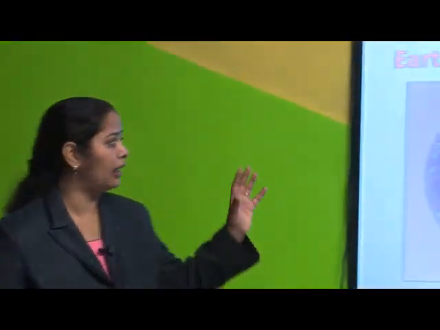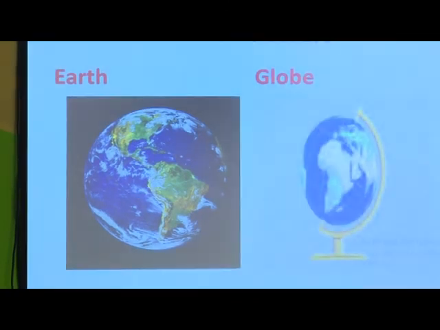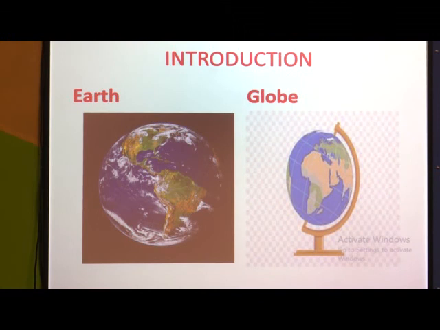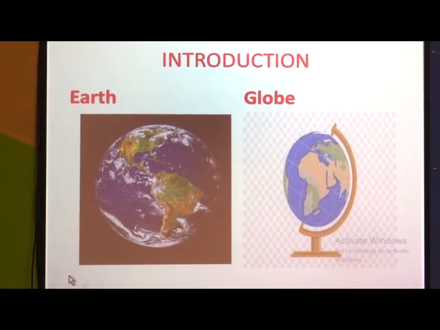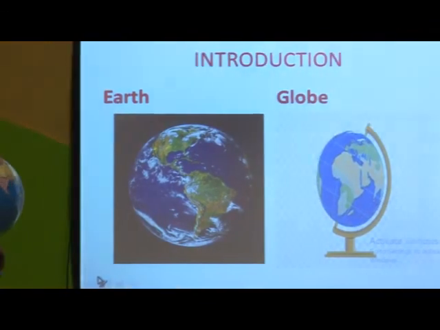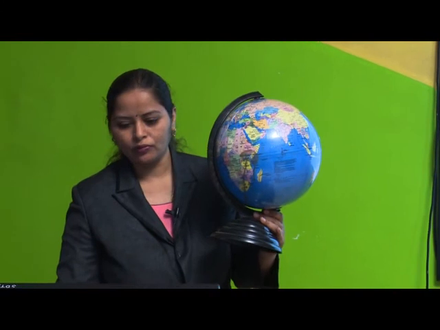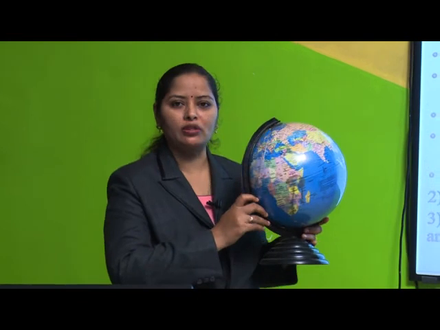Now children, to make the concept more clear, I cannot show you each and everything about earth, right, we cannot study like this. So to explain you in more detail about this earth, I will show you this. Come on, tell me what is this children? Yes, this is a globe, right. So this globe is used to refer to the earth, the structure of the earth. Now let us see the importance of the globe. What is the importance of this globe?